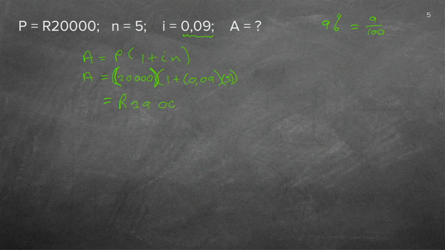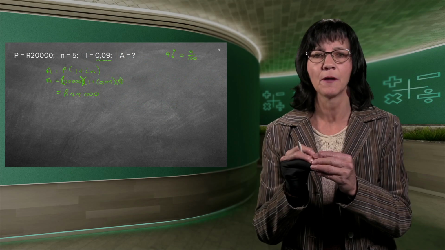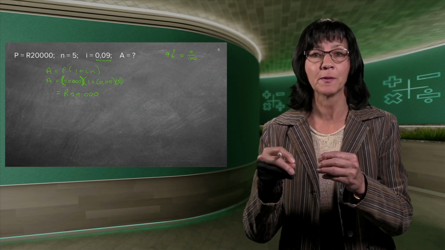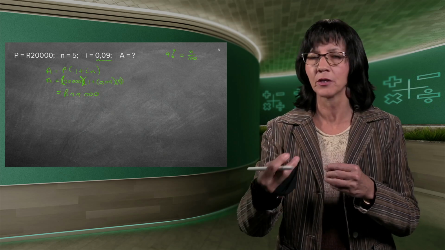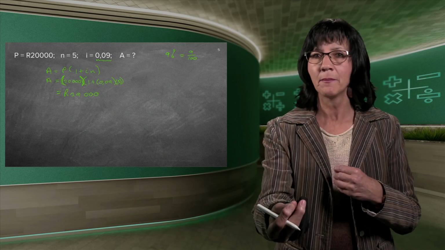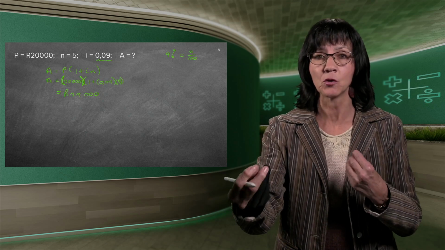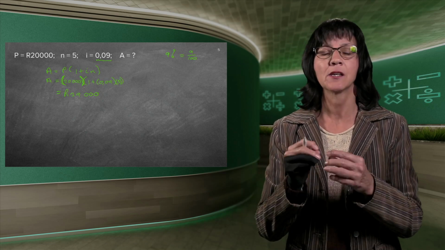29,000. Now remember, I always say you have to check your answer. Just basically, you don't have to redo the sum. You just check if it's possible to get an answer like that. Now, if you start off with 20,000 and you're going to gain interest, because remember, this is now an investment. It's not that you borrow from the bank. You put the money in the bank and you want more money back at the end because you want to pay for the varsity fees. So you need more money.